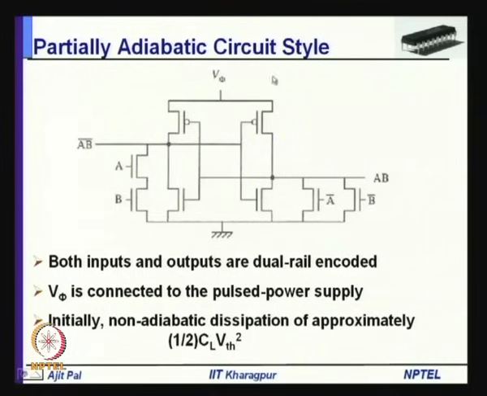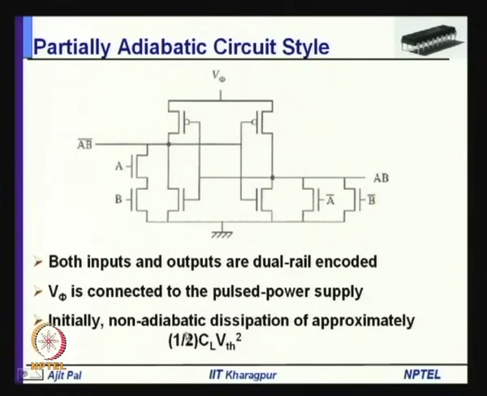Then we have these PMOS transistors A, B, and here A bar, B bar NMOS transistors connected in parallel. Obviously, they are realizing the complementary functions, which are connected in parallel with the NMOS transistors of those inverters. So, both inputs and outputs are dual encoded, and V phi is connected to the pulse power supply, this one,